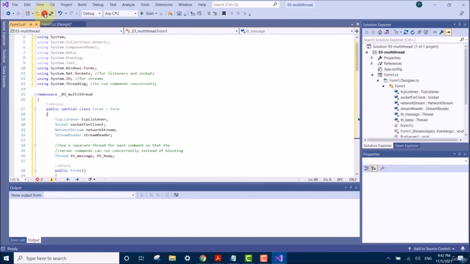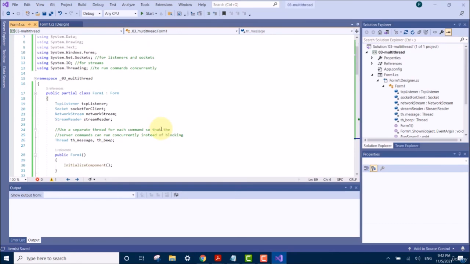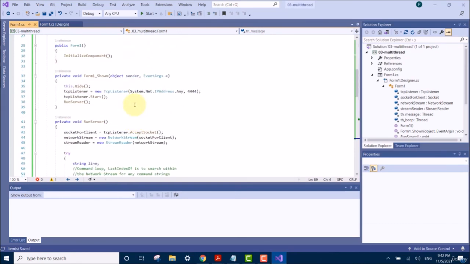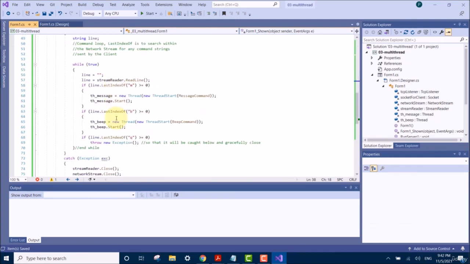Then click on Save. So let me explain the new things. So what is new here? We still have the form1 shown event handler and the hide function, display listener start, and we also still have the run server. However, there is something new in the run server. In the run server, we have our while loop as before, but this time,